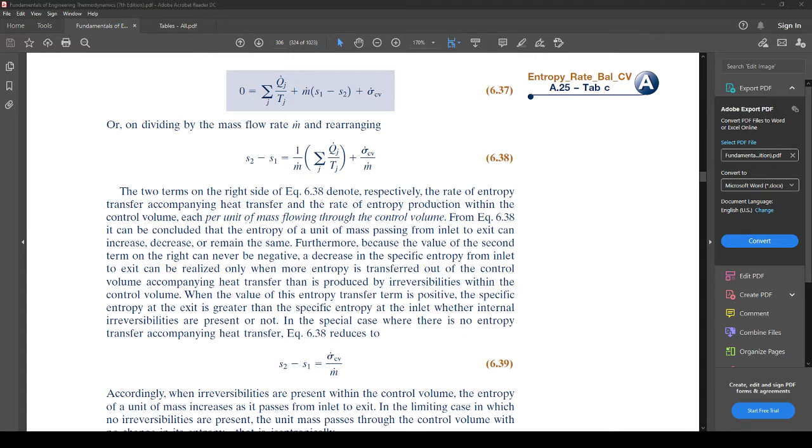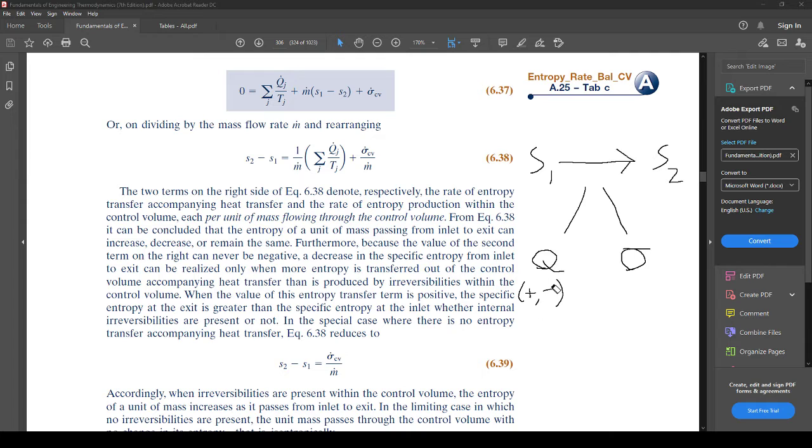So basically, the biggest determining factors of how entropy changes from one state to the next, S1 to S2, are obviously the amount of heat, but not just the amount of heat, the direction of heat. So whether this be positive or negative. That's big for this. And the other one, which is slightly less important, would be the sigma. And the sigma, since it's always positive, is just a representation of how destructive the process is.